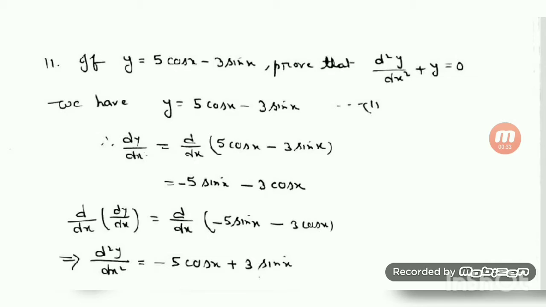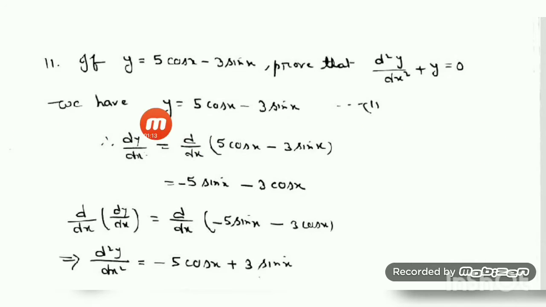This question you can do in two different ways. First, as you have to show that d2y/dx2 plus y equals 0, from y you can find dy/dx, then d2y/dx2, and put it on the left side to get the right hand side. Otherwise, if it is possible to substitute some results while taking the first or second derivative, then substitute them, and the solution will be a little shorter than the direct method. Here I will do it by that method.